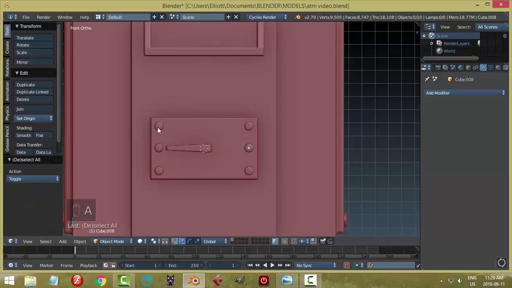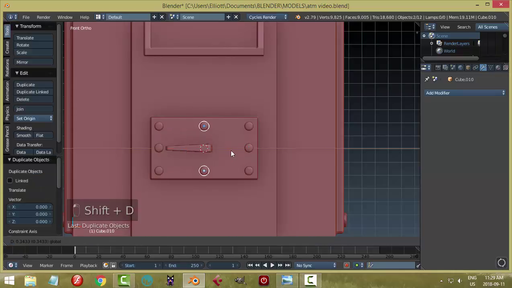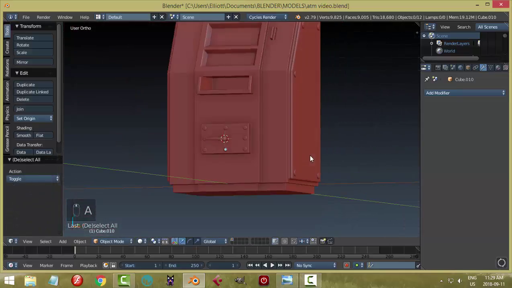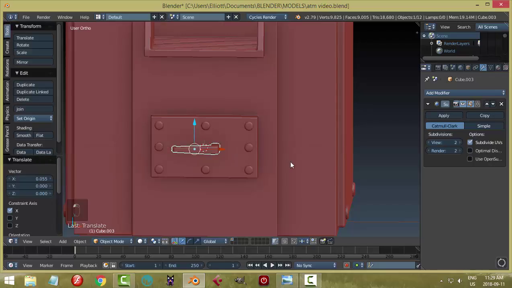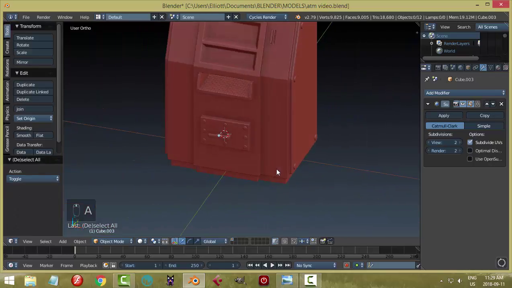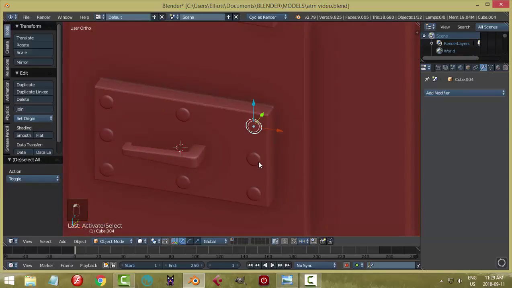And just for the fun of it, I might take these two, Shift D, and I might put those right in the middle as well. All right, now this handle, I think this handle needs to go back. Okay, cool. What we can do is we can select all of these to make our life a little bit